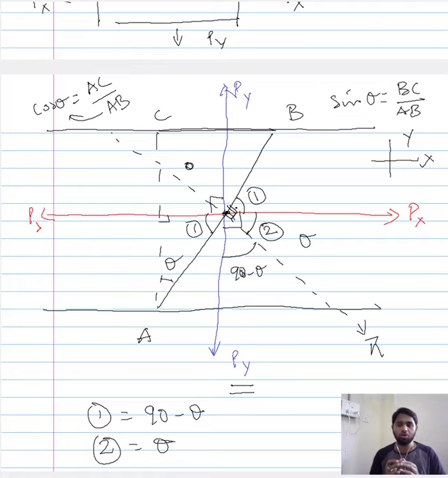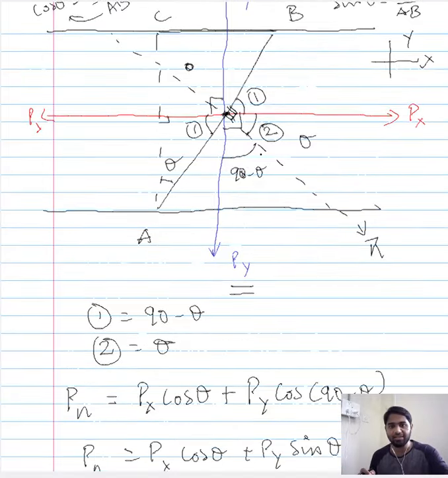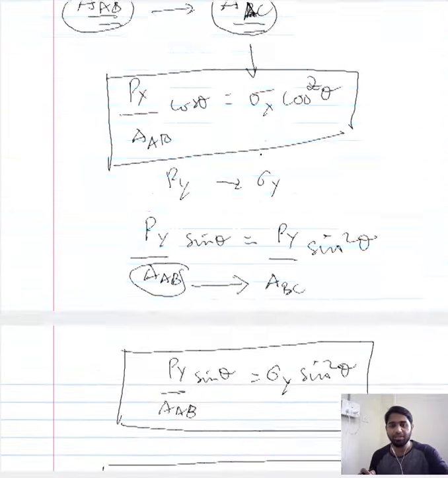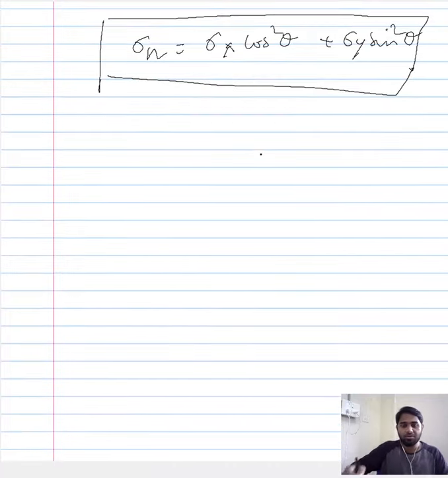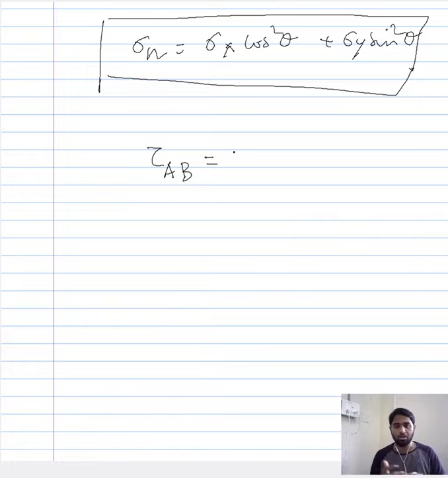And now when you want to project that to the direction of our interest, so we have our loading direction, we have our direction of our interest. When you want to project this onto the direction of our interest, or the region of our interest, you have to take the cos of that angle. So that angle is 90 minus theta, and we have to take the cos of that angle. So the shear component acting along AB, similar to the normal component, comprises two loading conditions.